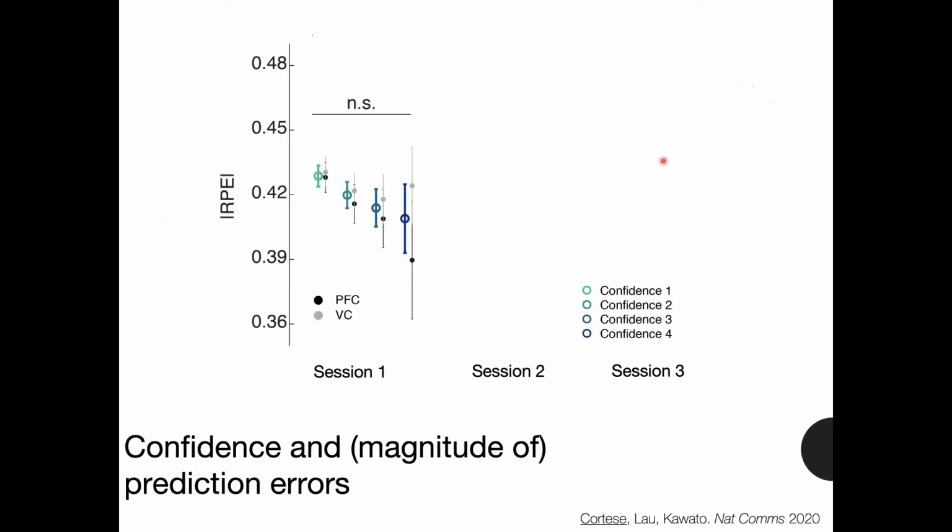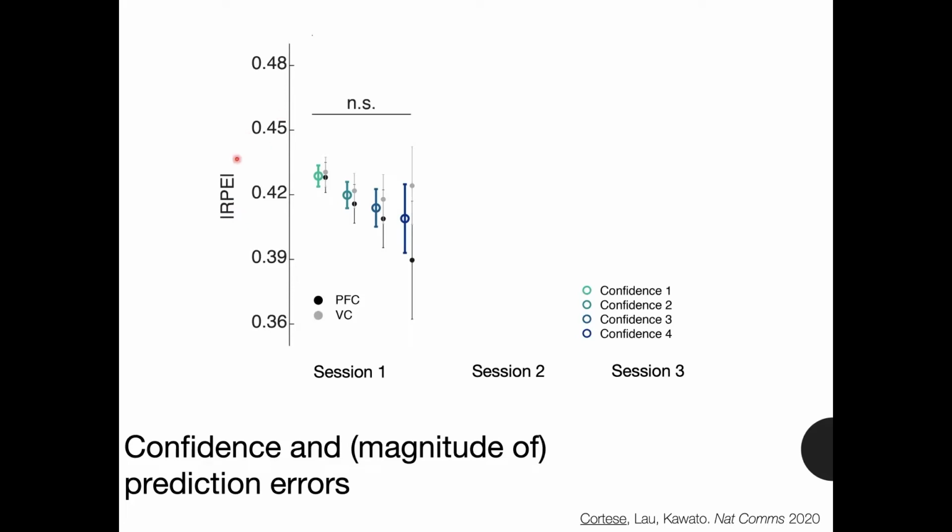So we thought, okay, let's try to show this link a little bit more explicitly with some modeling, and we used a standard reinforcement learning model. If you want, I can tell you more at the end if you're interested. But it's basically a model-free approach, Q-learning. With this kind of algorithm, we can compute the trial-by-trial reward prediction error, which is the mismatch between the expected reward value for that action and state, and what is actually obtained. So the bigger the prediction error, one could say, the more the surprise.